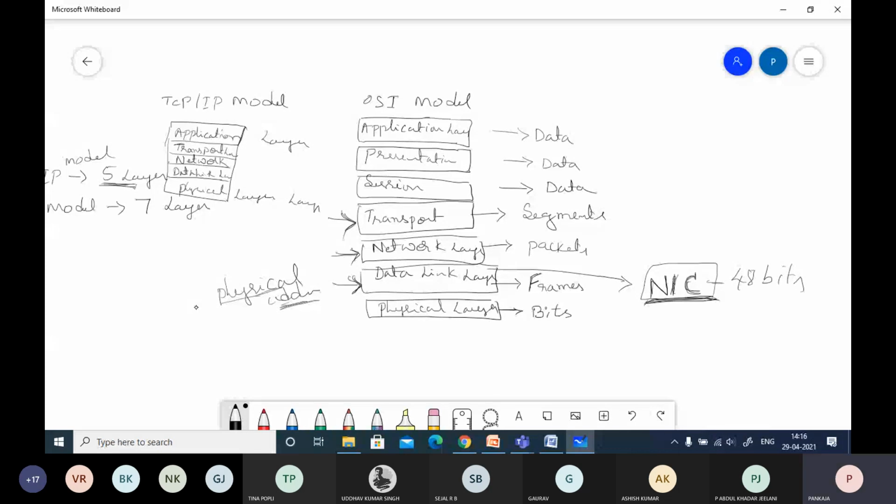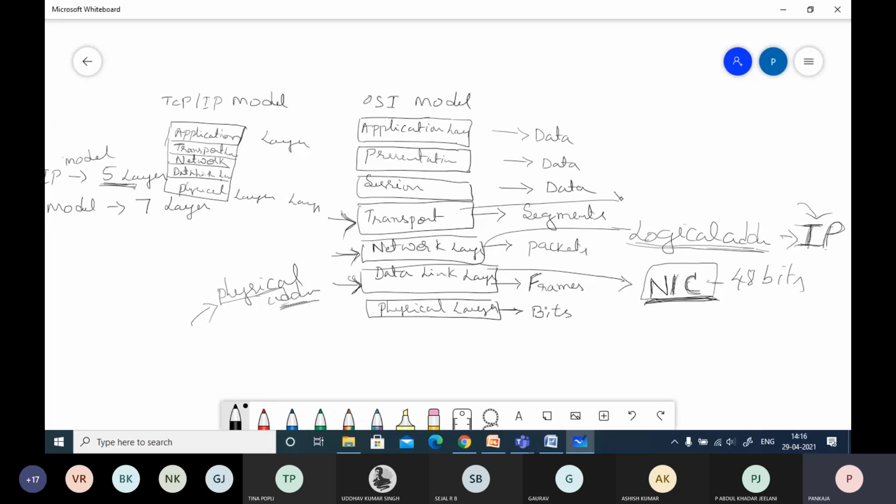And at the network layer, what type of addressing? It is logical address. Logical address is used at the network layer, which is nothing but the IP address. Each device is assigned an IP address. When so many devices are connected in the network, how is each device identified? With a unique number called the IP address. This IP address mechanism we call logical addressing. We'll discuss the representation of this in detail later.